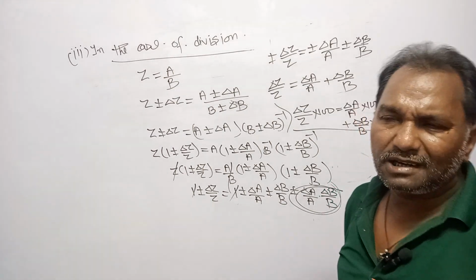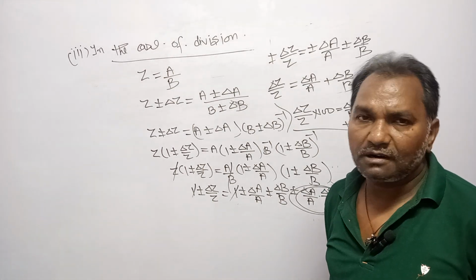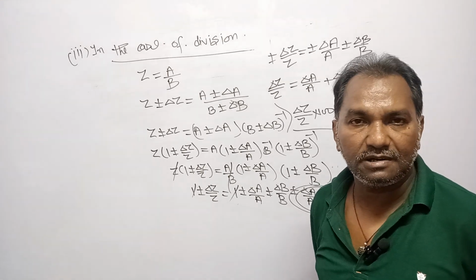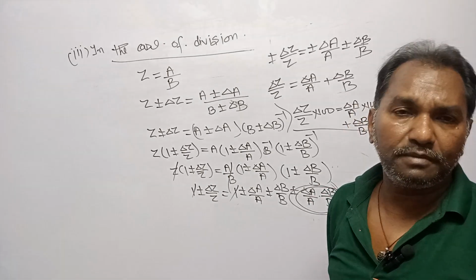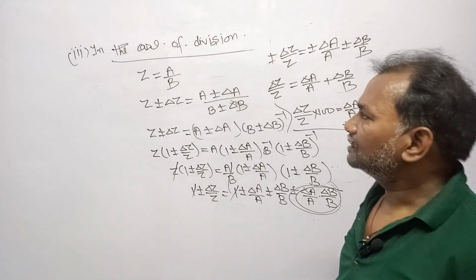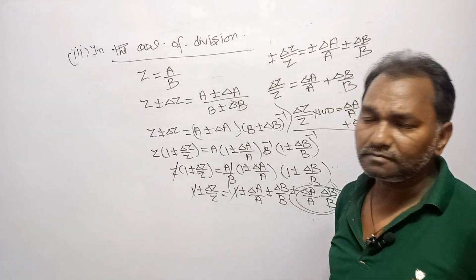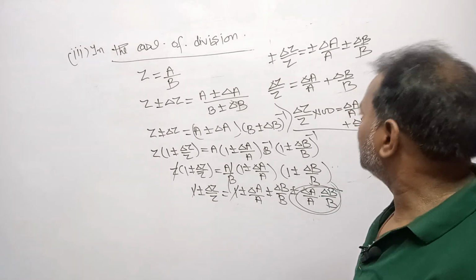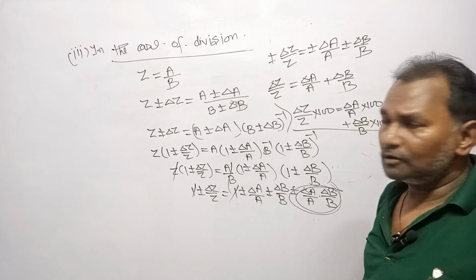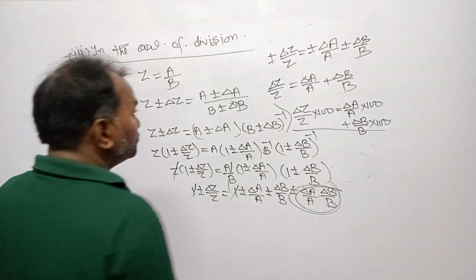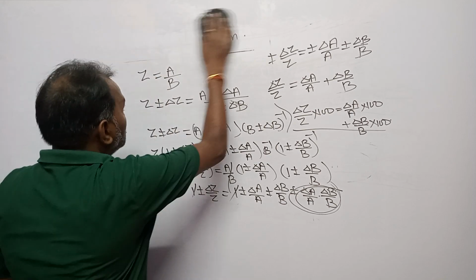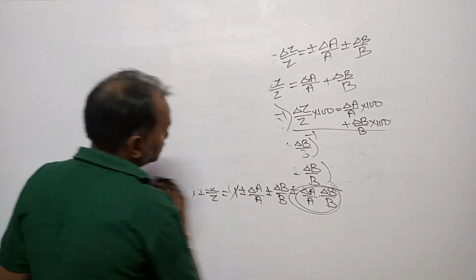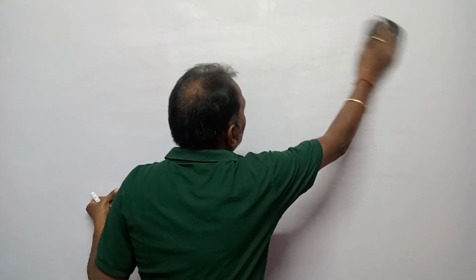So, we can say that whether it is a sum or difference of two physical quantities, the error would be the same. And in a similar way, whether it is a division or product of two physical quantities, again we will get the same answer. Okay? So let's move further. Let's move towards some complications.